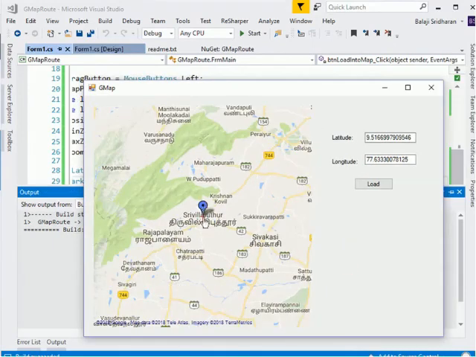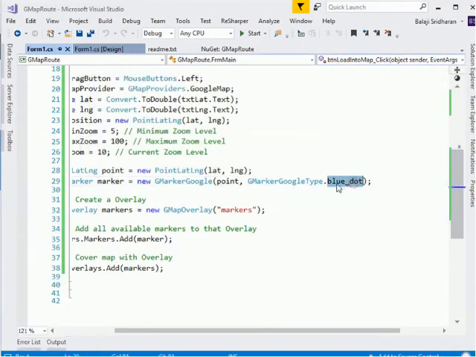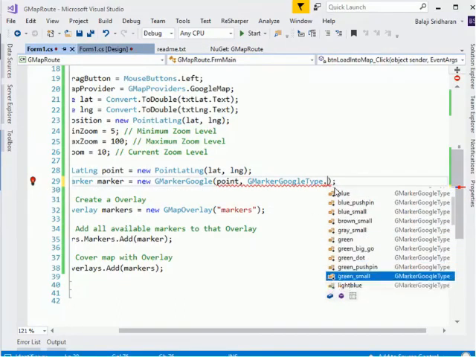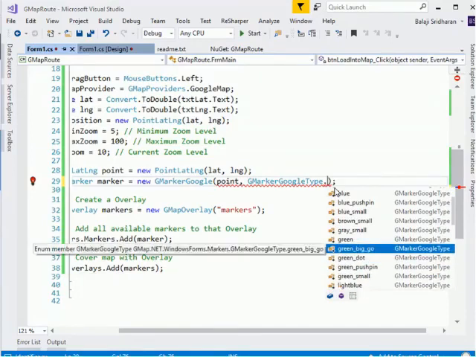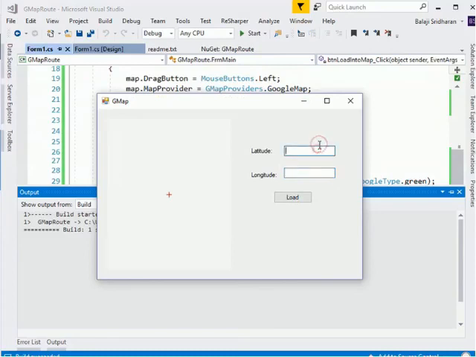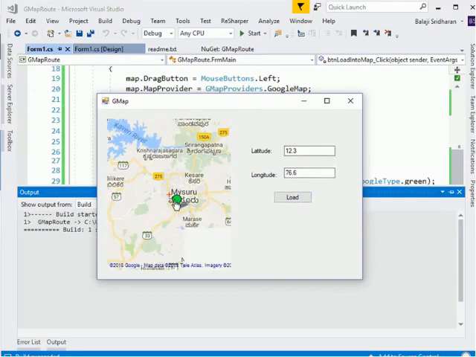Instead of that red color, it is now showing a blue dot. You can play around with this by using any of these types. Okay, green, we'll check these two. They will randomly load any location. 0.3, 76.6. Load. It is showing that green.